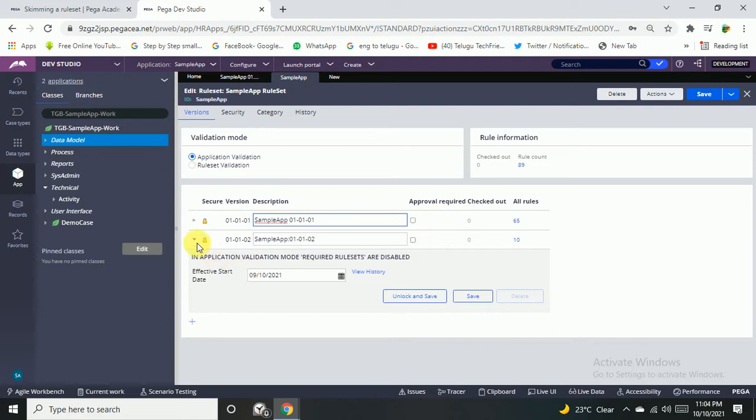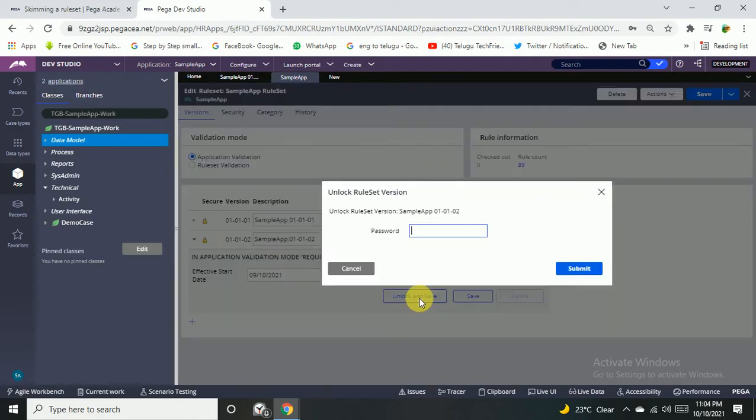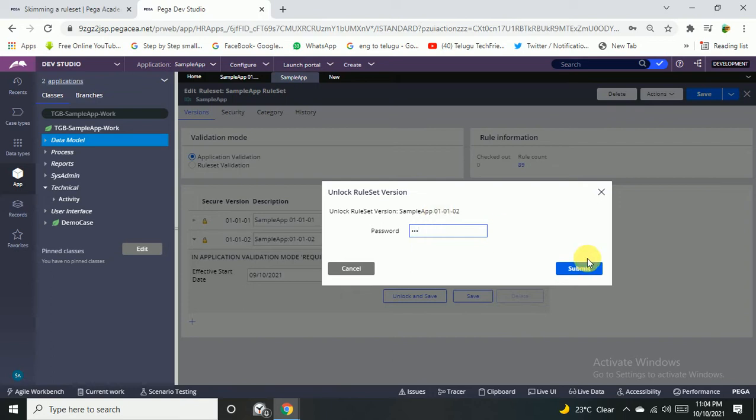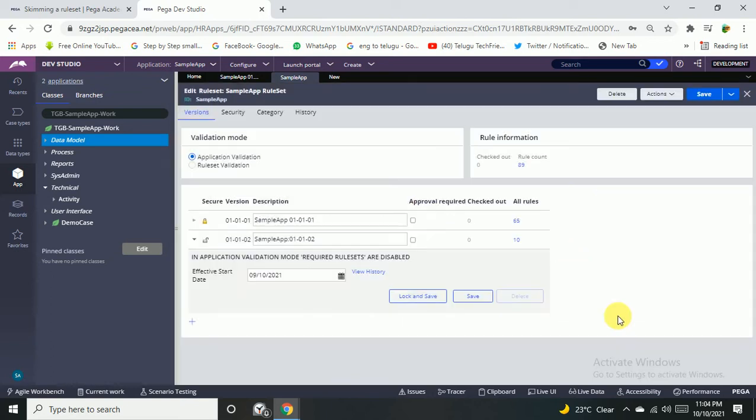For example, if I want to open this second one, the second rule set version, I have given just a 123 password for checking purposes, so I'm submitting it. Now the rule set is unlocked, so it's optional to save. Okay, I have saved it.